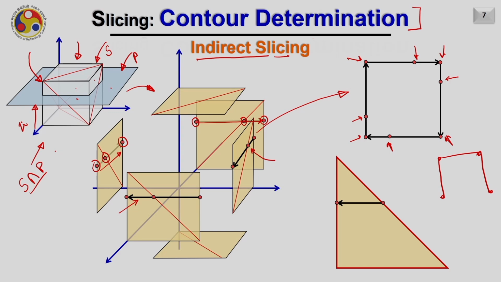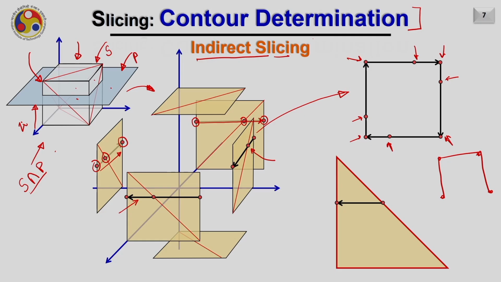When can it happen? Let us consider the case when there is no triangle. If there is no triangle here, that means there is a gap, and hence if you take the intersection at this level, you will get an open contour. As it is not a valid solid, these types of cases should be avoided.